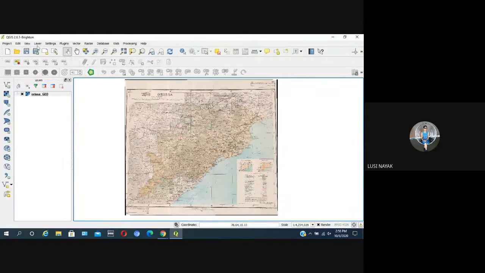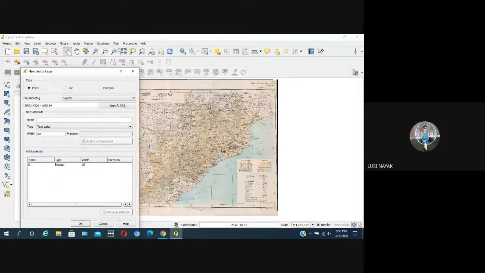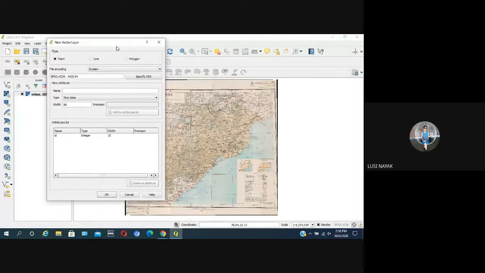Go to your menu bar, then Layer, Create Layer, New Shapefile Layer, then three types of layer: point, line, polygon. First, create a point layer, then OK.